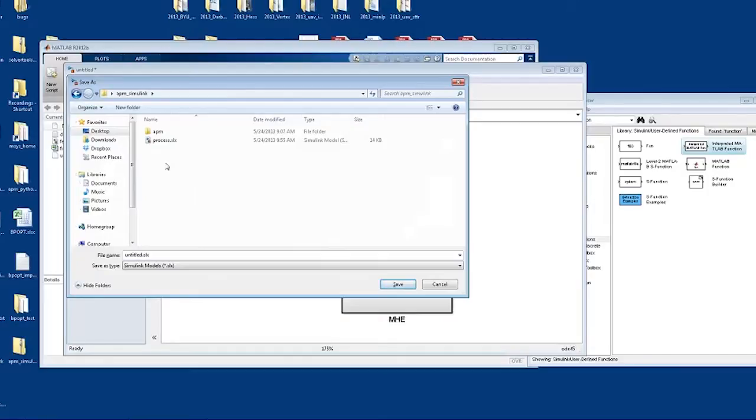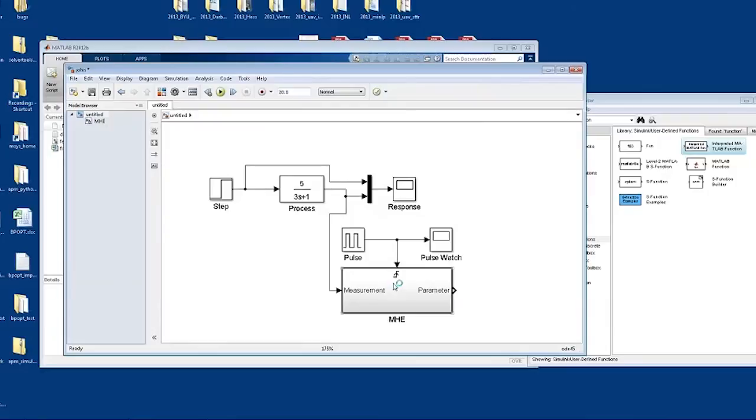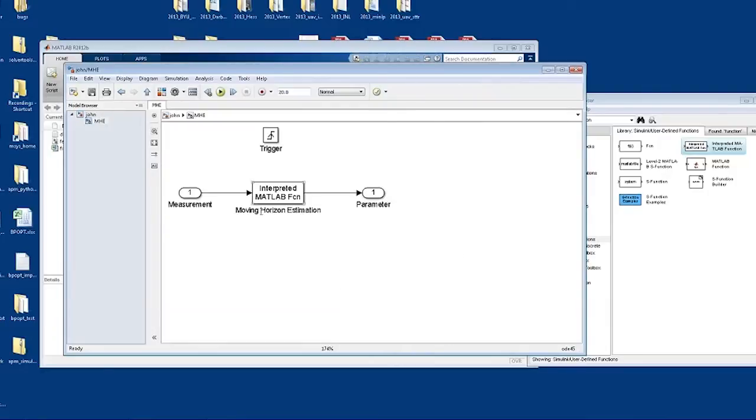So if I come here, you'll see I already have a process.slx. Okay, now if you have an older version of MATLAB, it might be an MDL file instead. That's fine. Don't name it process. Put your name there because it's going to be your own MHE. Okay, we'll use some of these files but go ahead and open this up,